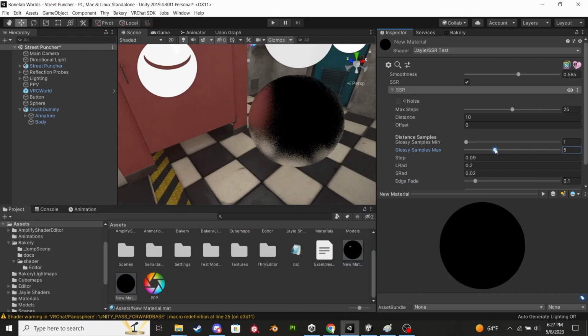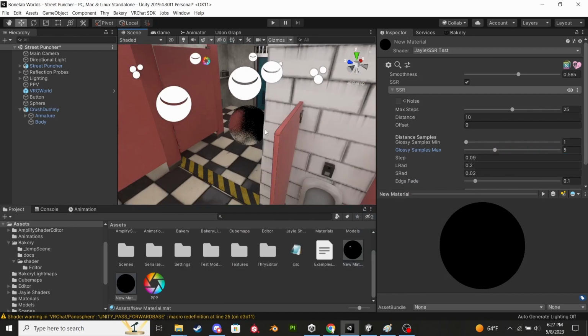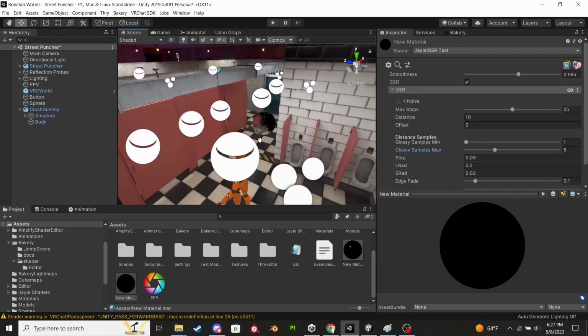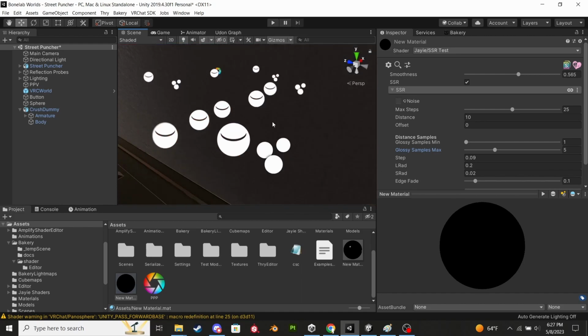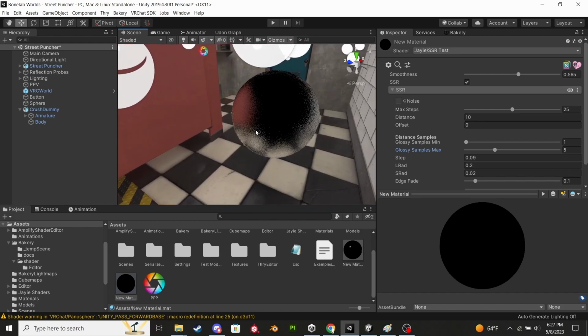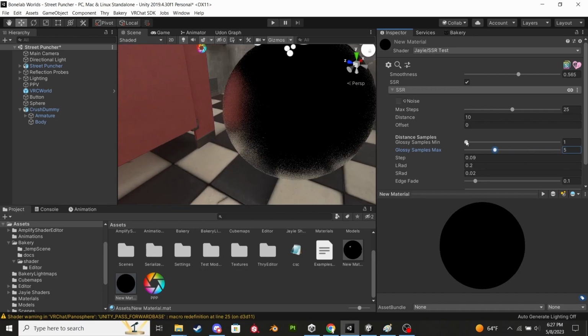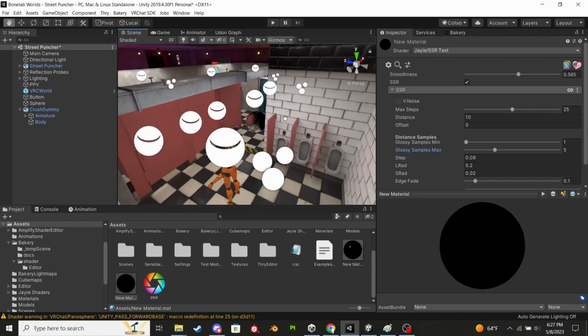So what I did is that the further away you are from objects, the less detail you see in them. So for the screen space reflections, I did the exact same thing. The further away you get from the reflections, the more noisy the reflections become, or the fewer samples. So it's a little bit of a way to save on performance, just a bit. And you can adjust the maximum amount of samples, and you can adjust the minimum amount of samples as well. So I set a maximum of 5, and then a minimum of 1,